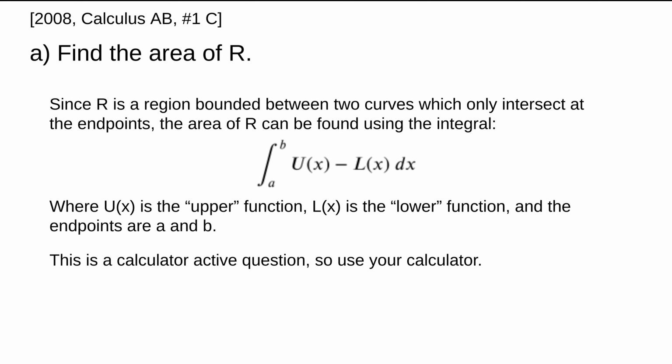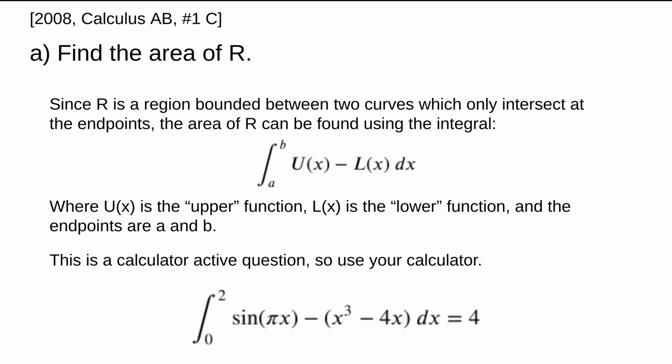All right, so this is a calculator active question. Don't try to be super calculus student here. There's no need for that. For this particular group of functions, it's labeled that they intersect at 0 and 2. And based on knowledge of what these functions ought to look like when you graph them,